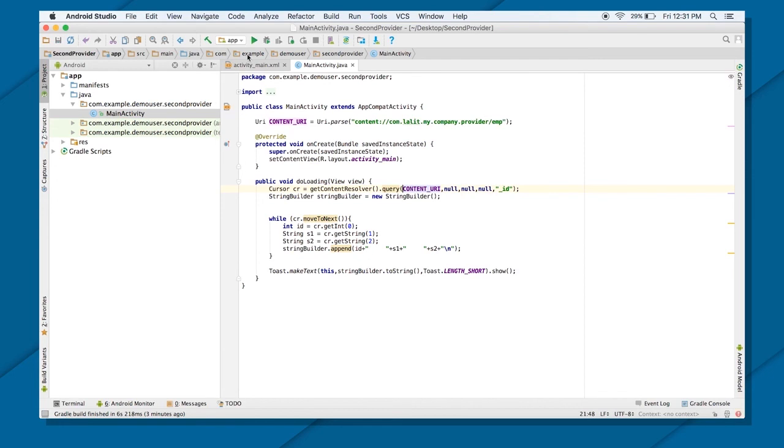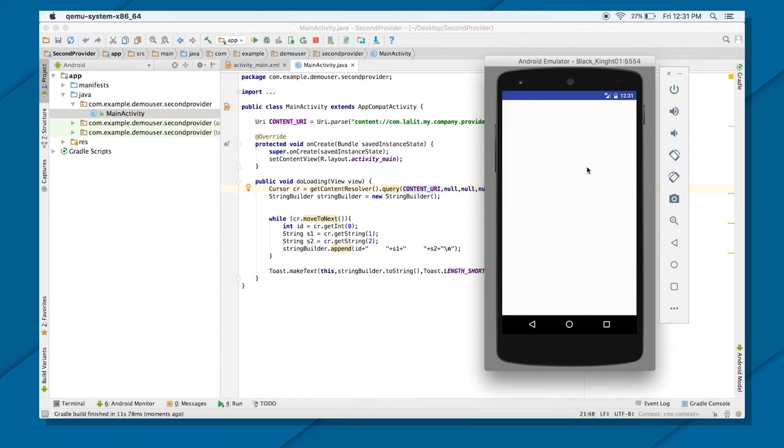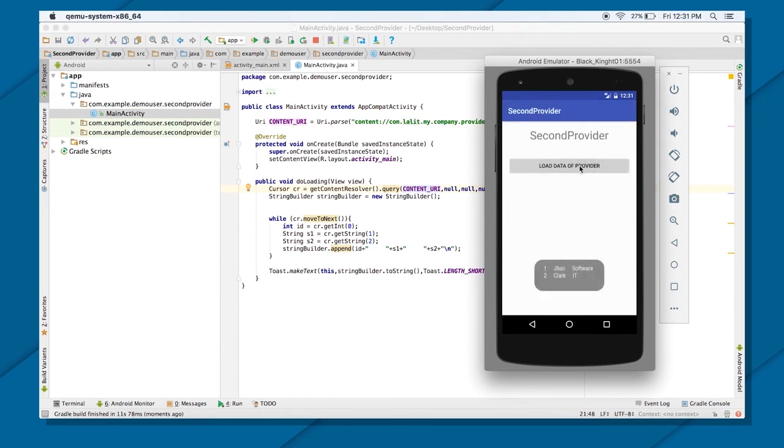So cool. Just run this application now and install this in your emulator. And this time around, even if you try to access it from some other application, you should be able to access the data. Right now the data which is there inside your content provider is your John and Clark. Let's see if I can access it. There you go. You just saw that there are two applications now. This is the second application which was able to access your content provider in the first application.